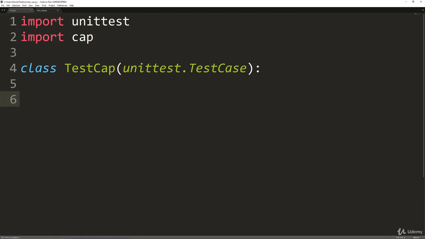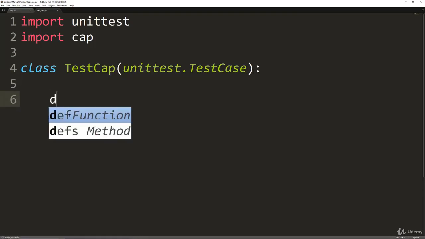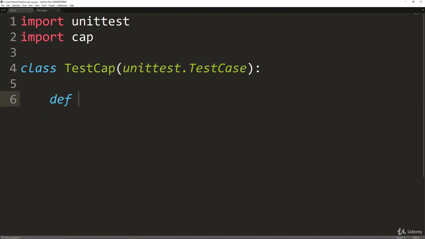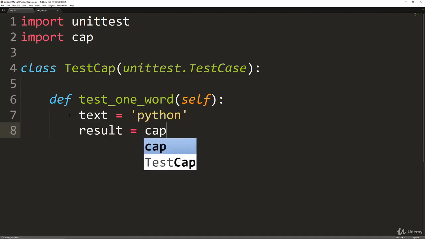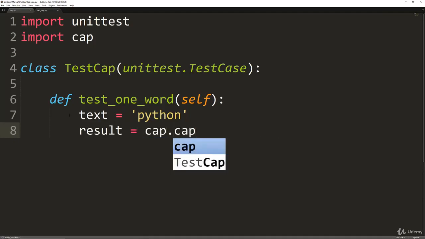But here we're just going to have a list of methods, and these methods are basically going to be run when we test this actual script. So we'll say def test one word, self, and this is just going to set text equal to the simple word Python, and the result is going to be, we'll say cap, and we'll call the cap